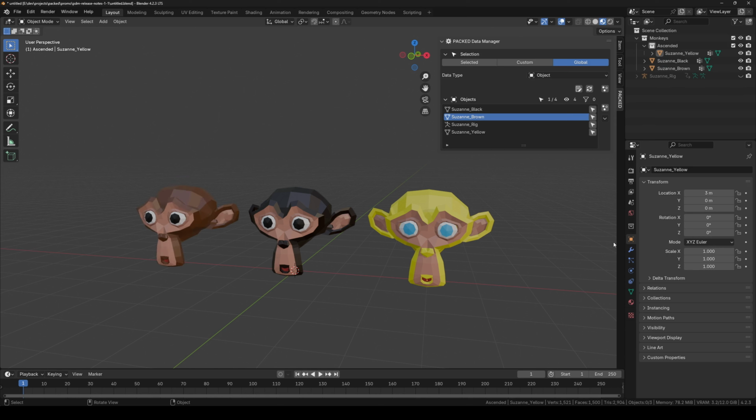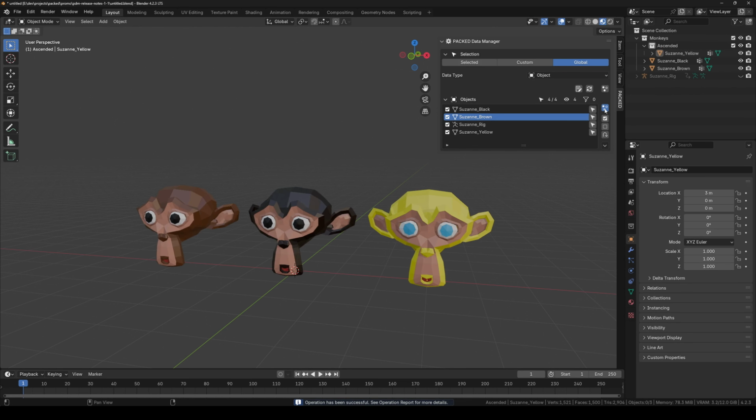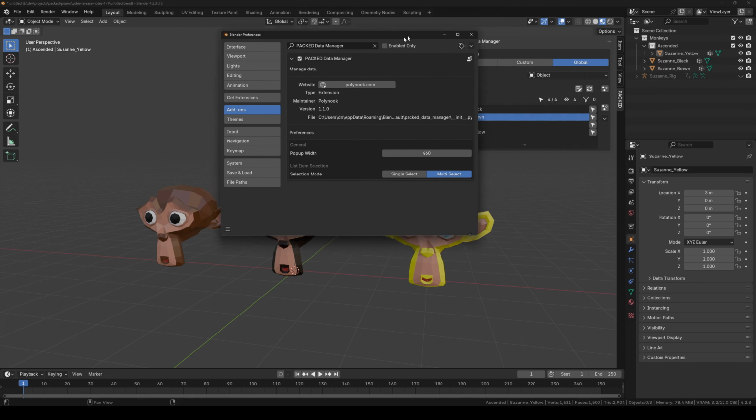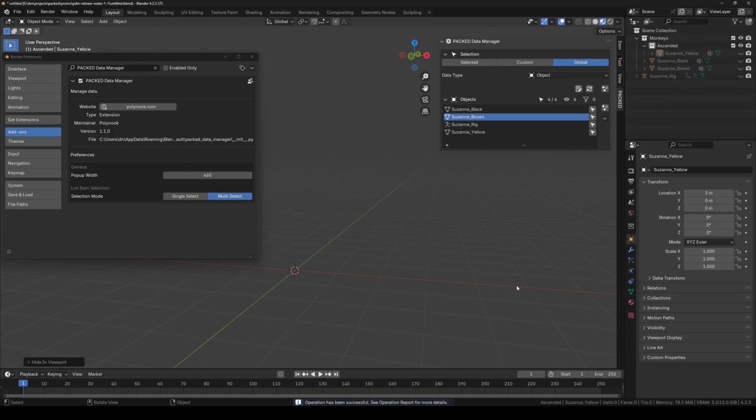And what if you wanted to hide all of these objects? You have 2 options. You can either toggle custom select mode, so that all of these items are selected, and then execute the operation. Or you can revert to the previous behavior by going to Preferences, and then changing the list item selection mode from single select to multi-select. This will bring the old behavior back, and now if I execute the hide in viewport operation, all 4 objects